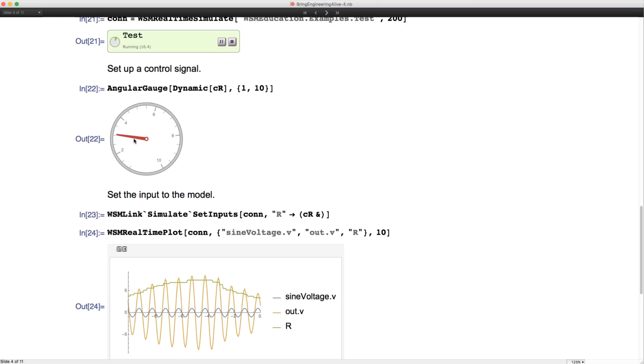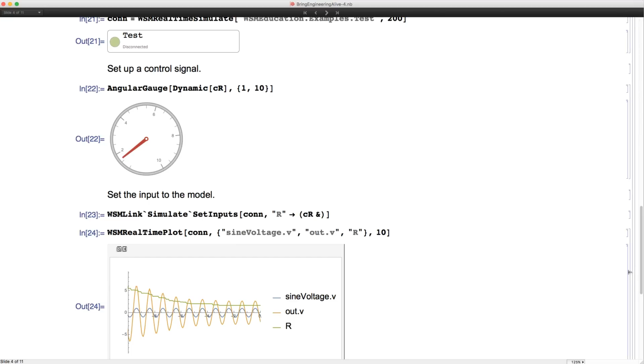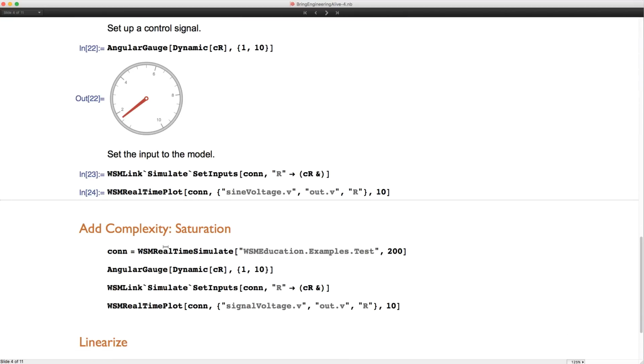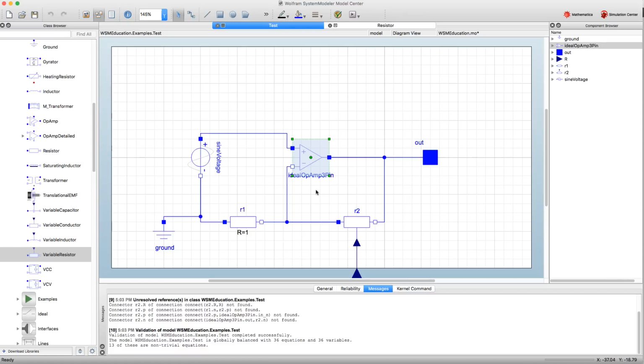So the green line is the resistance and the yellow line is the output voltage. Let's stop that simulation and add some complexity to our circuit. So we've managed to build a circuit that does what we want, but maybe we're interested in having a higher fidelity circuit. Maybe there is some saturation in this